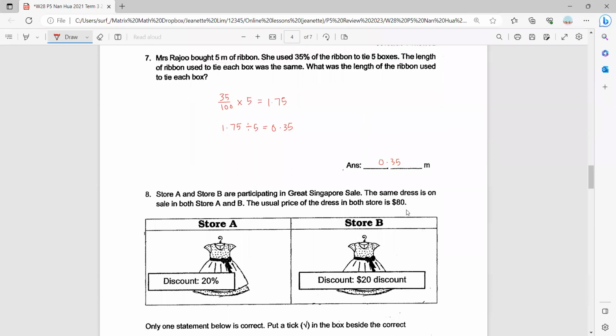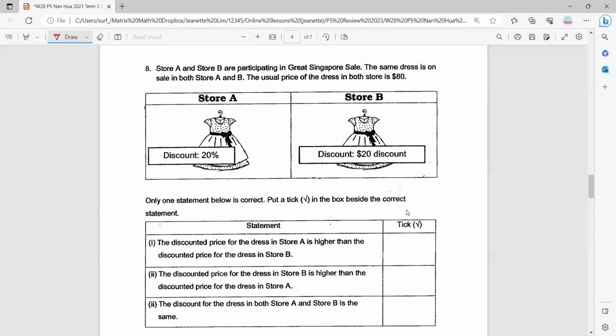Okay, now let's look at question 8. Store A and Store B are participating in Great Singapore Sale. Same dress is on sale in both Store A and B. Usual price of the dress in both stores is $80. Okay, only one statement is correct. Put a tick in the box beside the correct statement. So only one is correct. If you put 2 ticks,